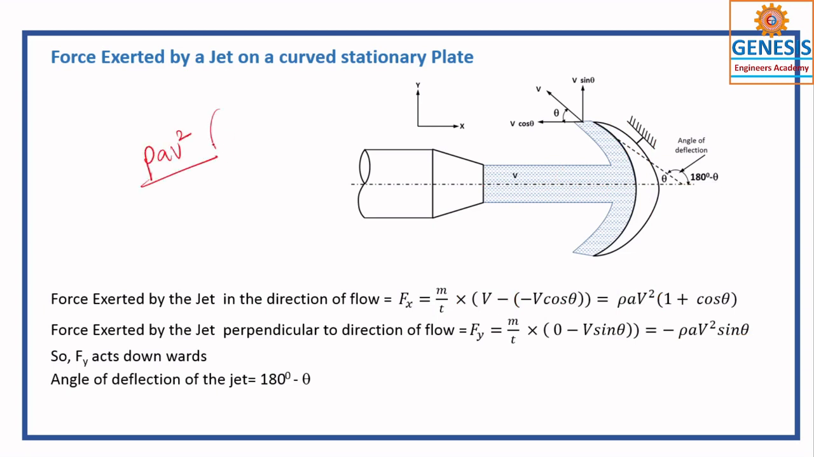So what you have got: rho a v square into 1 plus cos theta. Cos theta is equal to 90. What would happen? That means the curvature becomes vertical. Same thing can also be proved for that one. If one formula is derived, the same formula can also be applied in so many cases. That is very important. Next one is